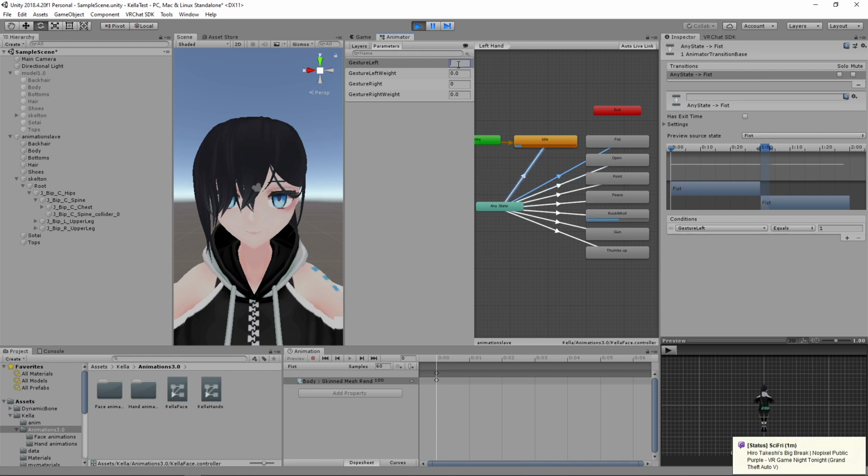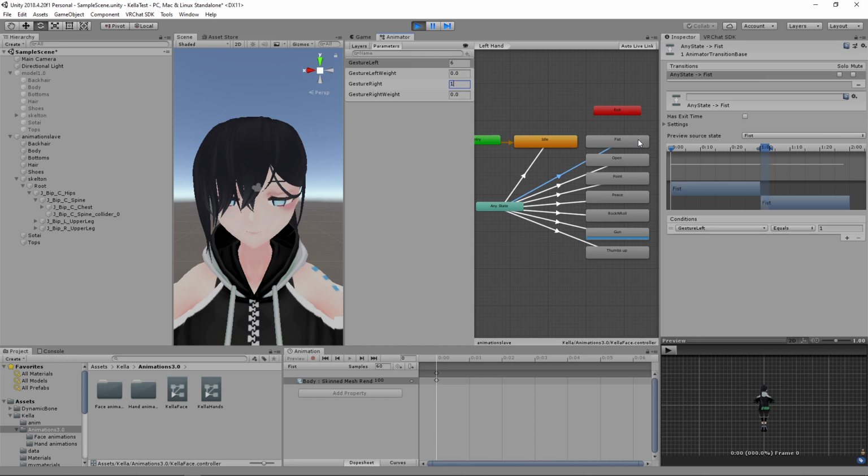4 has nothing. 5, nothing. Now 6 has gun in it right now because I animated that, remember? So if you had a full plethora of animations, you could go through and preview each one of them. You could even combine them. So let's say I want to see what gun looks like on my left hand when I'm holding my gun fingers out. I want to see what that looks like on my right hand when I have my fist